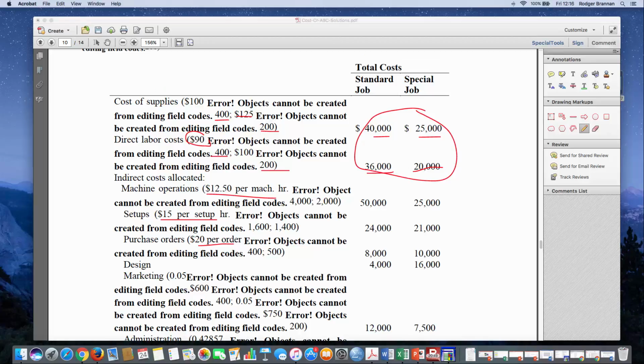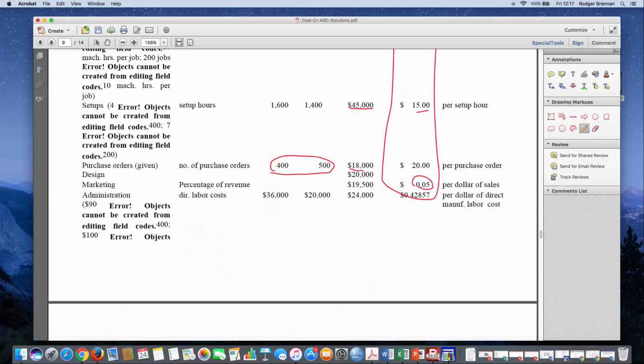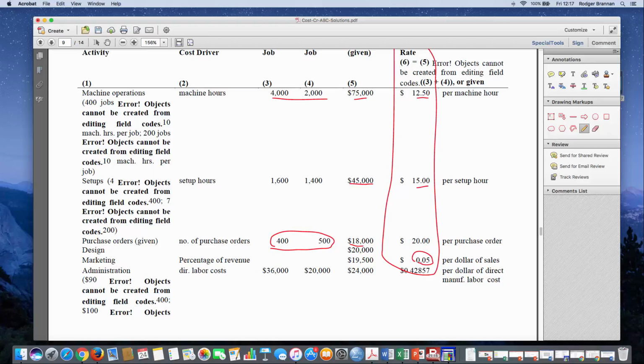Okay, these are my design cost, my setup cost, my purchase order cost, my marketing, my administrative cost. Again, this black, the administrative cost, it's jumbled up here. It's a lot more complicated. It looks more difficult than what it is. Really, what I'm doing is, once I have this, I'm going to take this times the 1,600, this